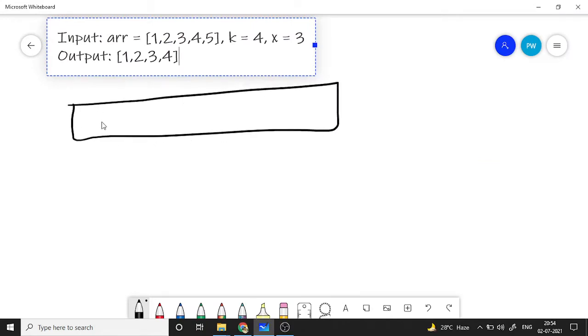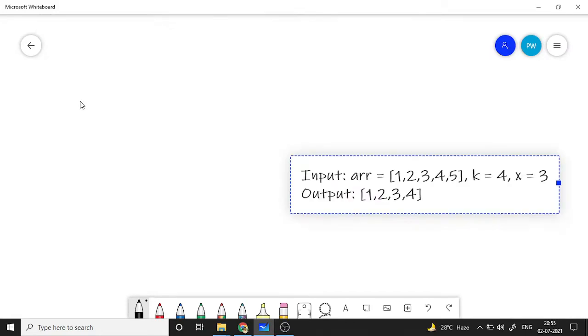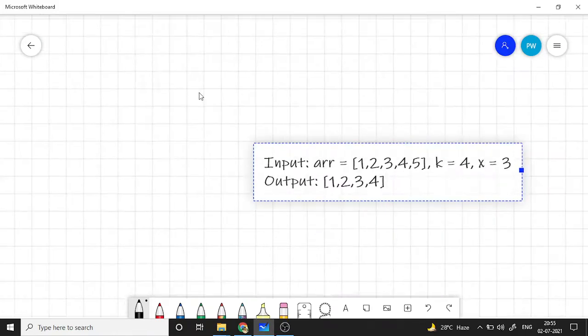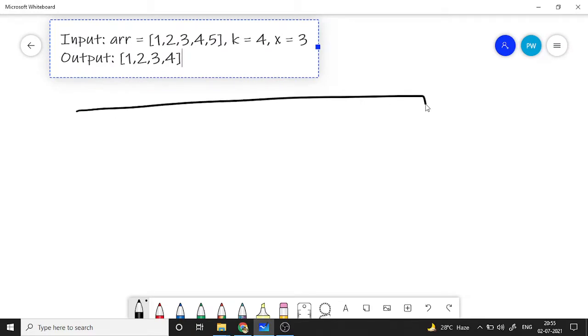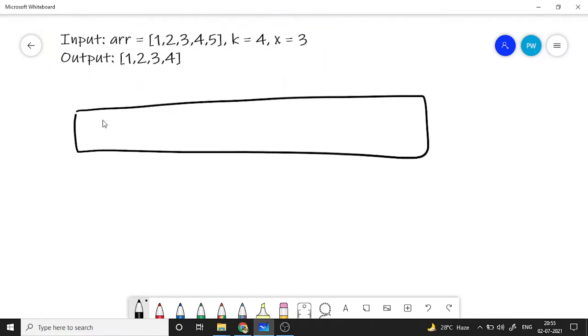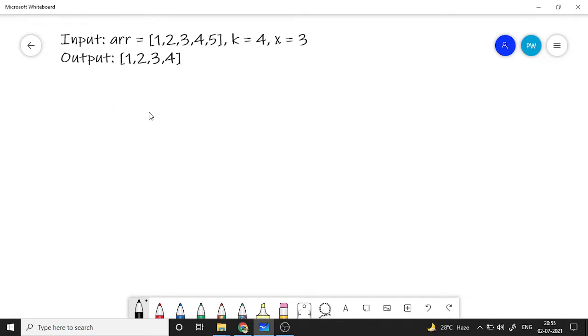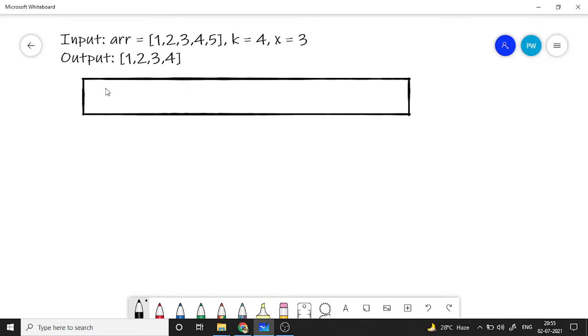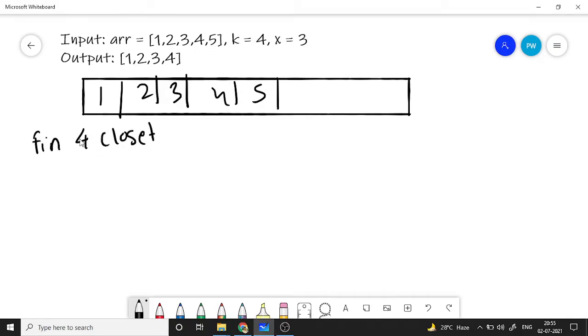So this array contains 1, 2, 3, 4, and 5, and we have to find four closest elements to 3. So the closest elements to 3.